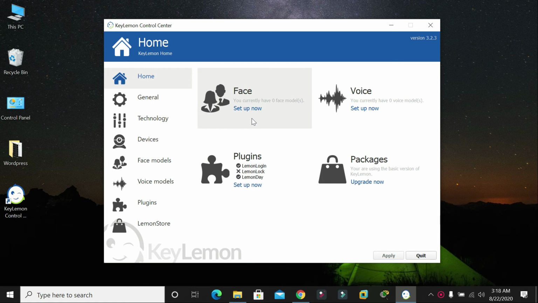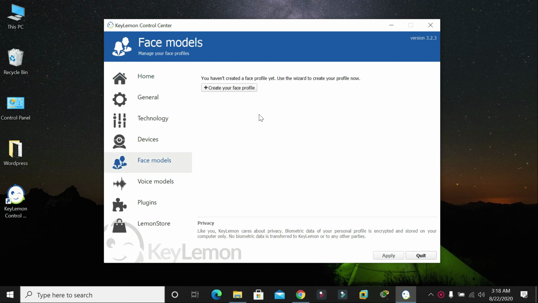Here we can see many other options: face lock, voice lock, plugin and package. This is the trial version. So at first set up your face lock. Let's go to set up face lock. Click set up now and create your face profile. Just click here to create your face profile,